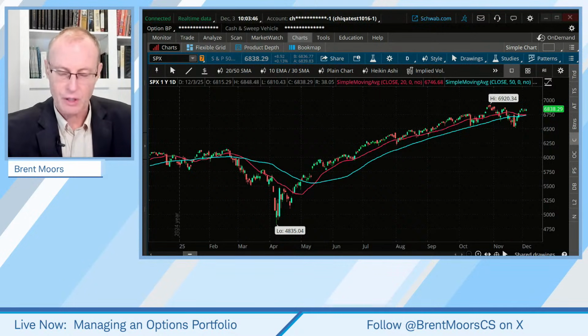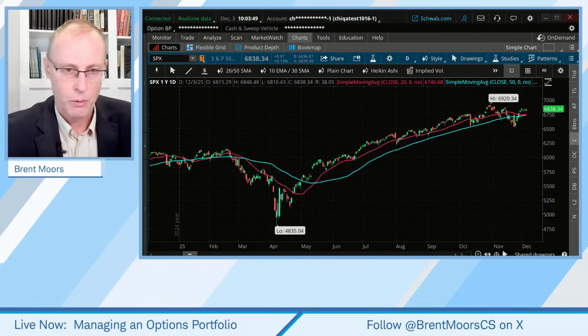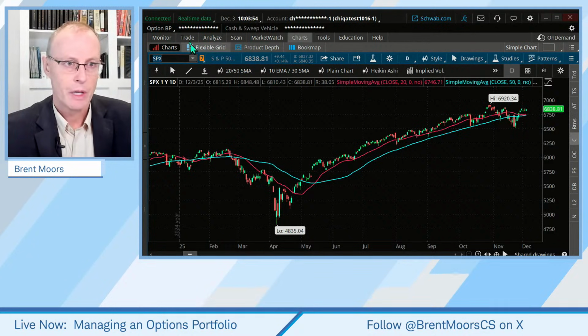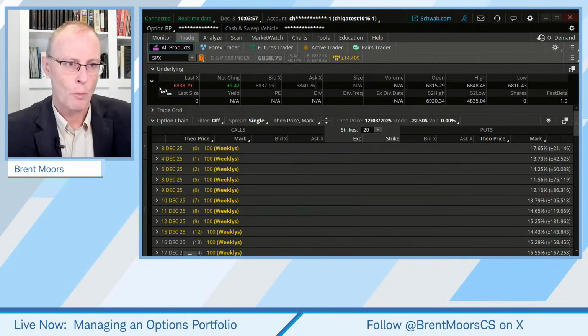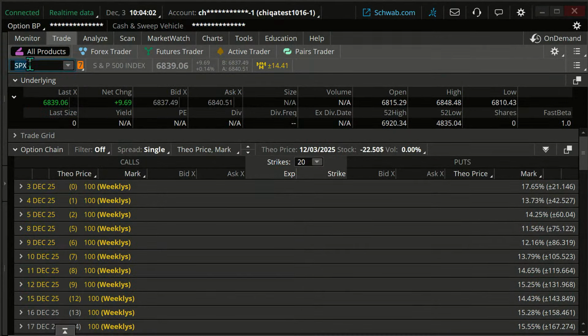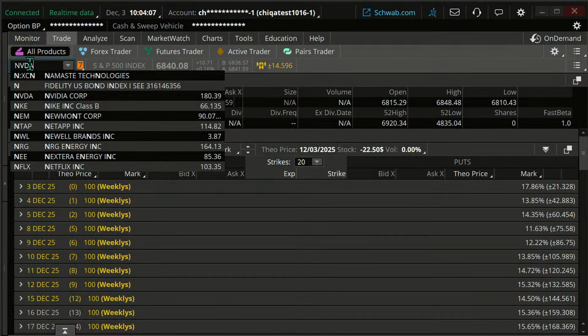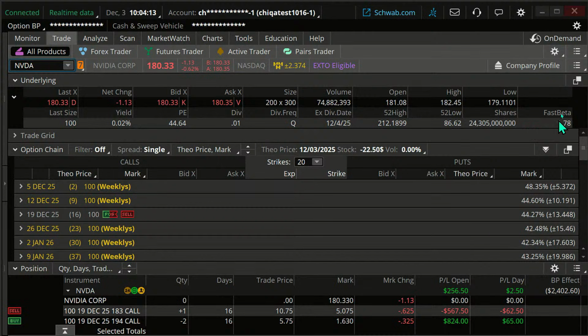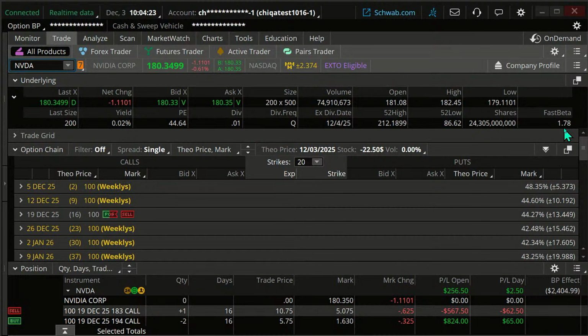So let's talk about that. First of all, let's talk about what beta is, because this is important for a portfolio. It's likely a term you've heard. If I go to the trade tab, and you may need to open it up if you have this kind of two-line deal here, and you look at a particular stock, you can look at its beta. Let me put up NVIDIA, just a company that everybody's familiar with. Here's NVIDIA, and it's loading, and you'll see mine says fast beta. Yours may say beta. Beta just goes back 5 years. Fast beta is just going back a year, so the calculation may be a little bit different. In fact, it probably will be a little different, but the same principle applies.